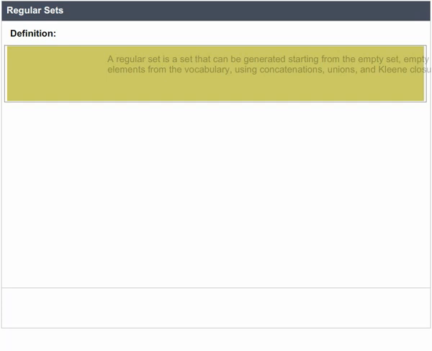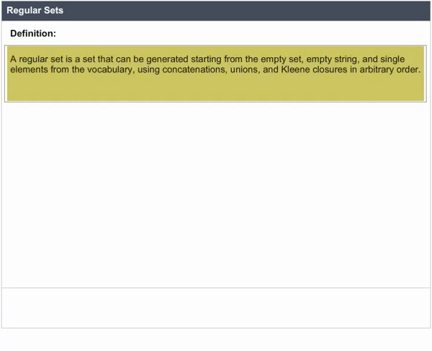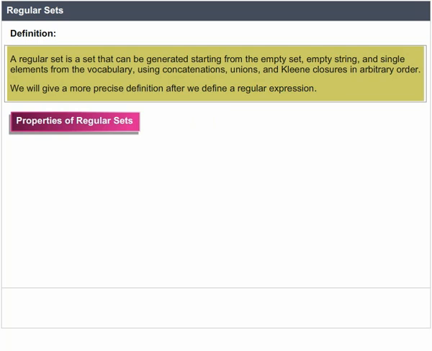Regular sets. Definition: a regular set is a set that can be generated starting from the empty set, the empty string, and single elements from the vocabulary, using concatenations, unions, and Kleene closures in arbitrary order. We will give you a more precise definition after we define a regular expression. Properties of regular sets: the pumping lemma for regular sets, applying the pumping lemma, closure properties of regular sets,